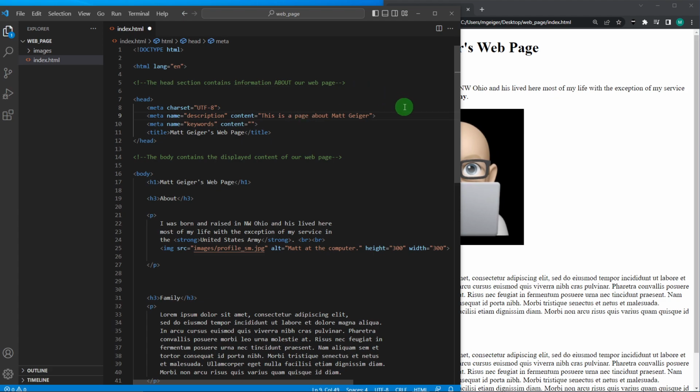It's going to look for these meta tags. The keywords are going to be associated with keywords that somebody might search for. The description is going to be what people see in their search results. So if somebody Googles this page, looking for the keywords Matt and Geiger, that will help this page be categorized in their search engine under those keywords. And when somebody does find it, the description is going to be, you know, that block when you go to Google